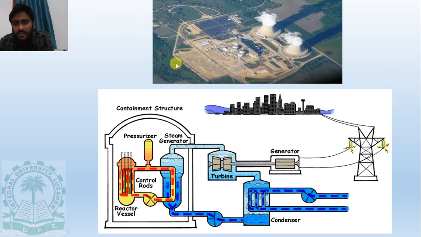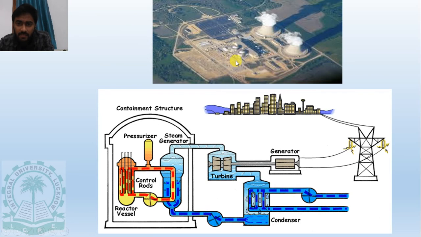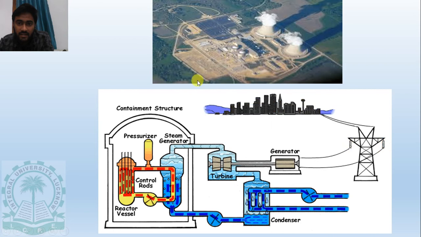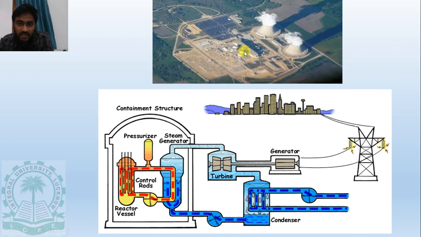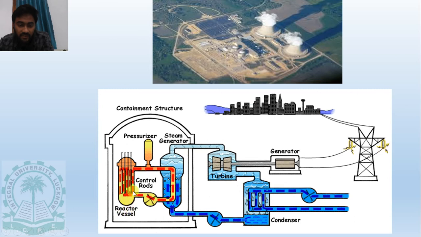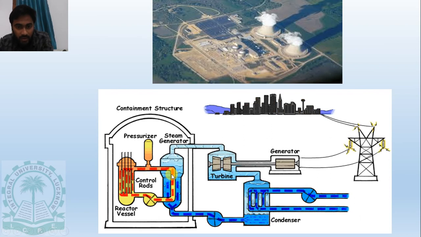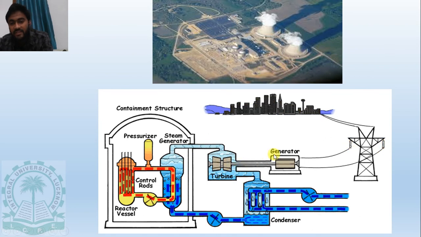Now in this figure you can see this is an aerial view of a nuclear power plant, in which this part is the structure in which the nuclear reaction takes place. So this containment structure here is this part. Okay, and these are the cooling towers. The main radiation we have is in this containment structure. You can see this is the reactor vessel in which the nuclear reaction takes place and nuclear fission takes place, which heats up the water and turns it into steam, which runs the turbine, which generates the power.